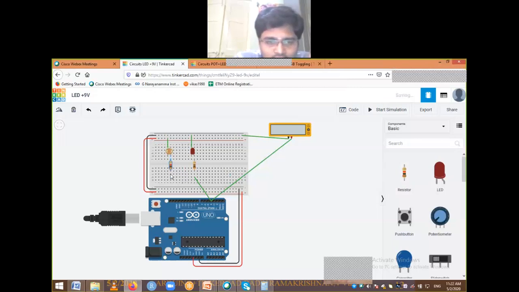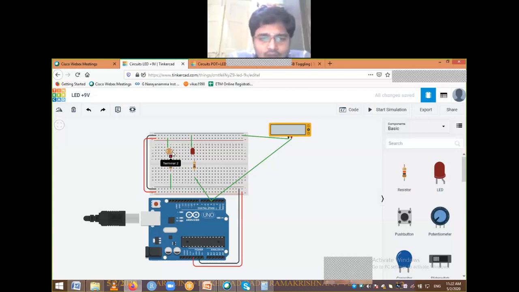The other end I need to ground. Okay, I have grounded it. Let me see what the value of this resistance is. 1k, I hope that's fine. We'll go with 1k itself.